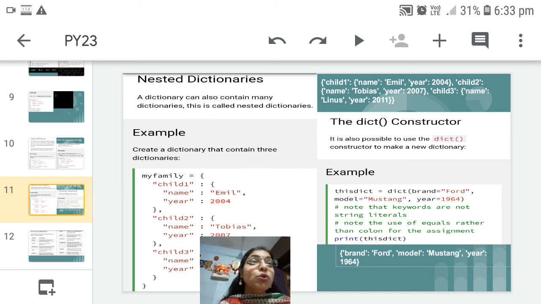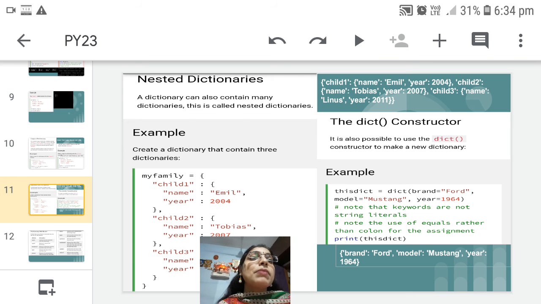In this example, we have used the dict constructor, and in round brackets we have provided the key and value pairs. But just see, in the previous example we used double quotes while providing the keys. Now, while providing the values to the dict constructor, we have not used string literals. This is very important. When you are making use of the dict constructor to create a dictionary, the key should not be a string literal, it should not be a string.